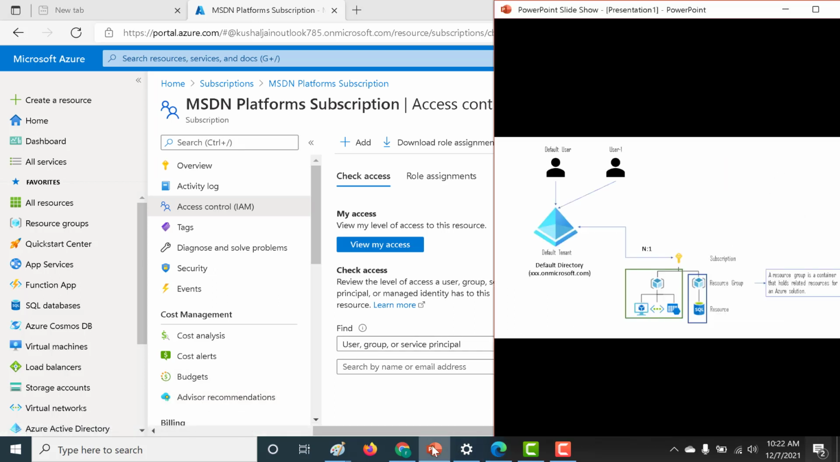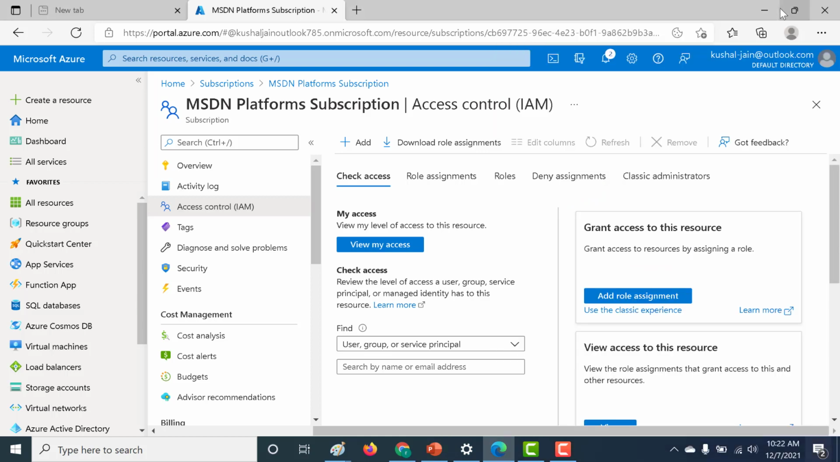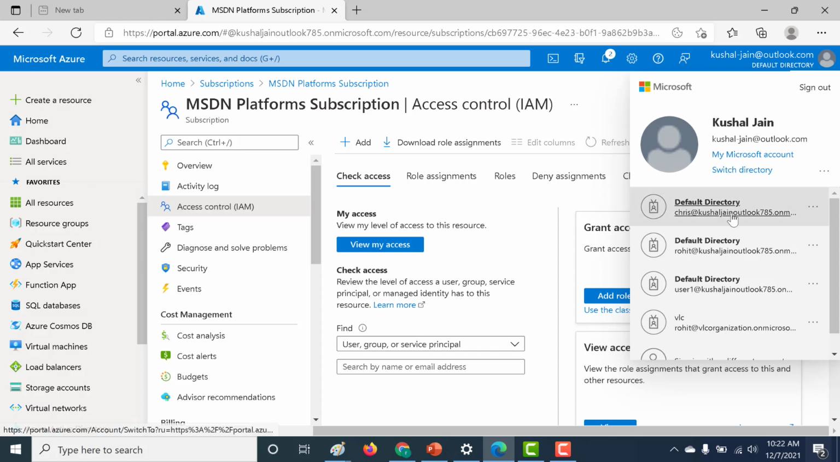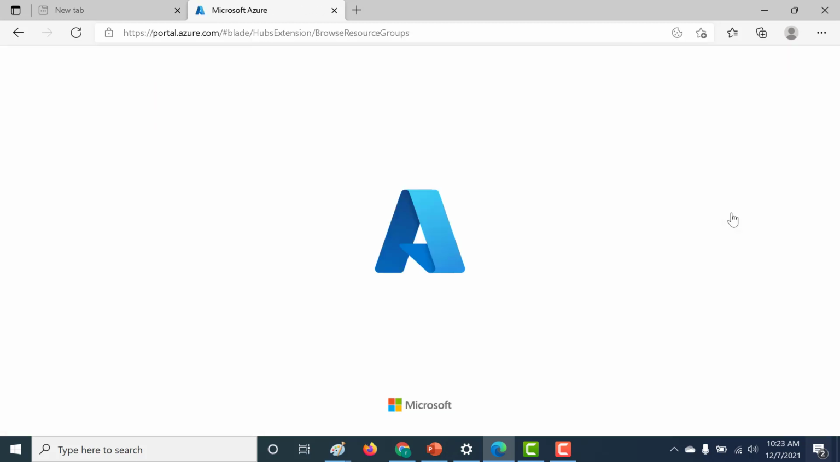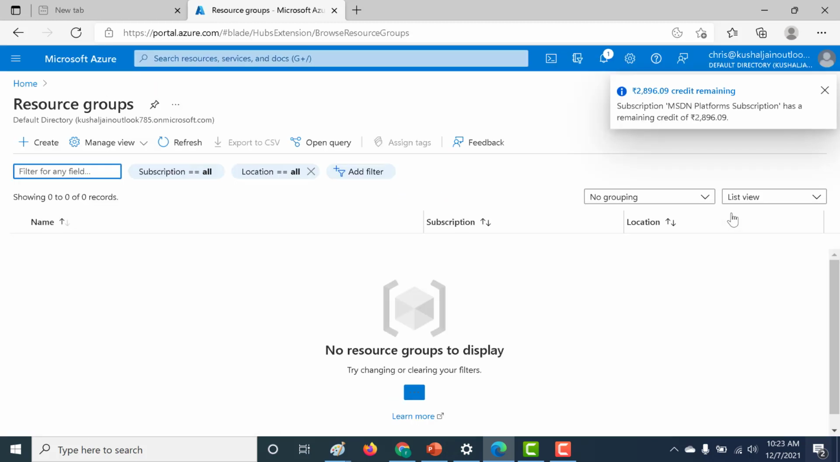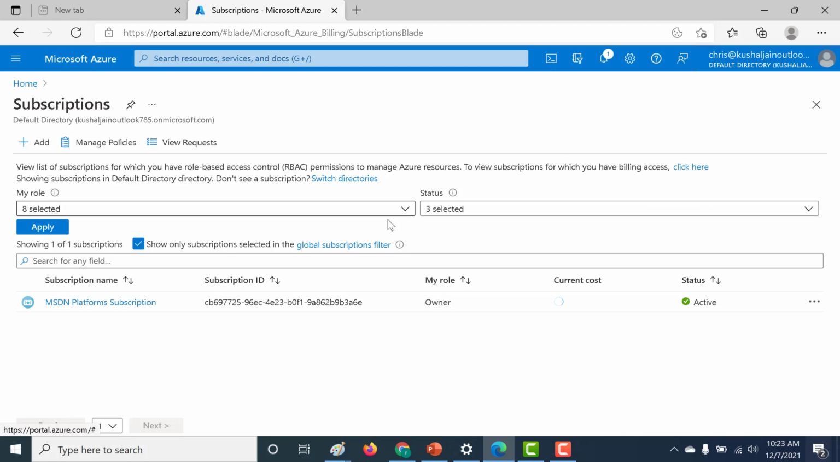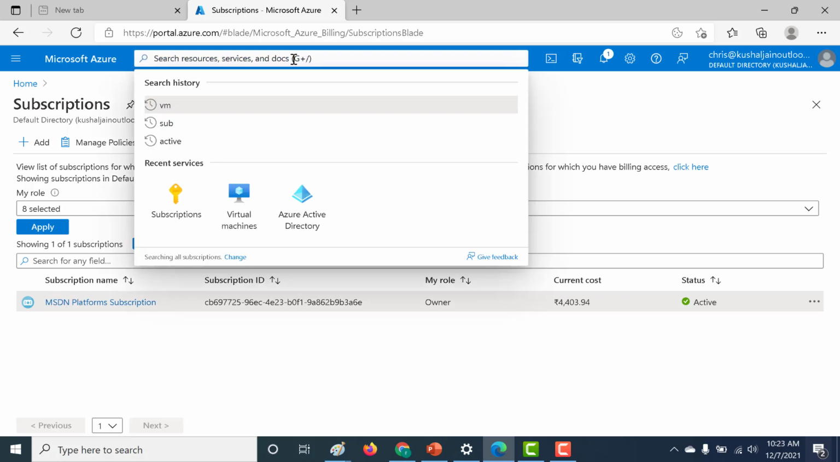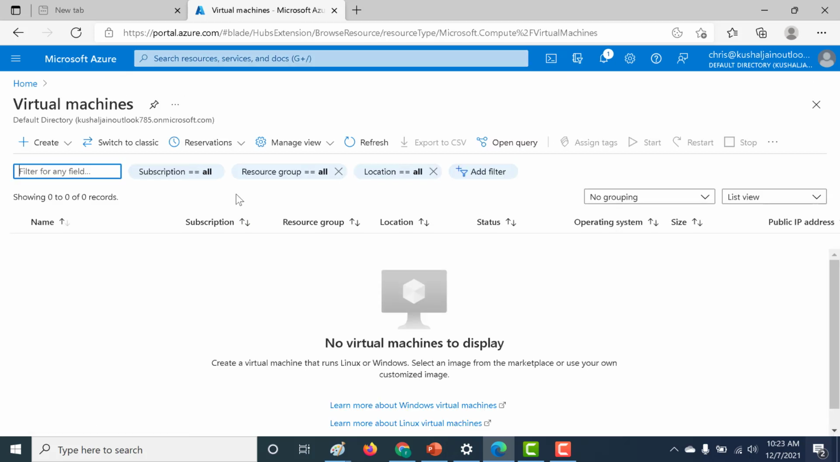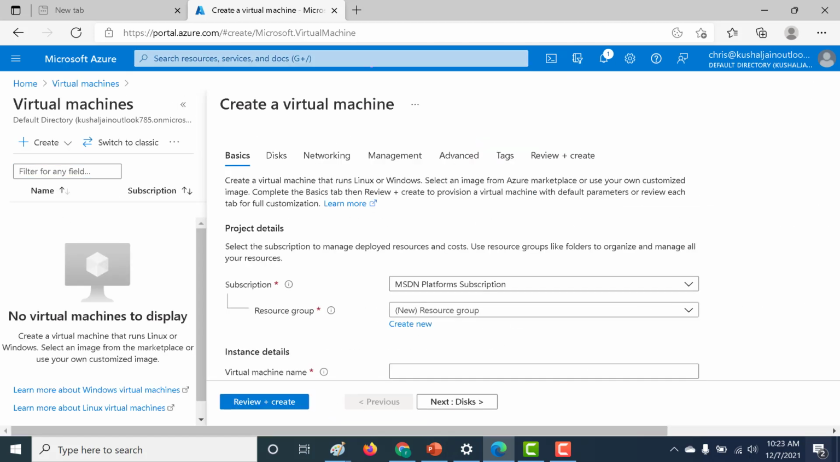So again, let's go back to the diagram. Now Chris has been given two accesses. Now he's the global administrator of this default directory as well as the owner of this particular subscription. So let's again go back and log in using Chris. Now Chris has got access to create resources because he's been given access to that particular subscription. So again, if I go back to my subscription now, Chris should be able to see this particular subscription. And Chris can now create any resource that he likes. So let's click on virtual machines. And Chris would be able to create any resource that he likes